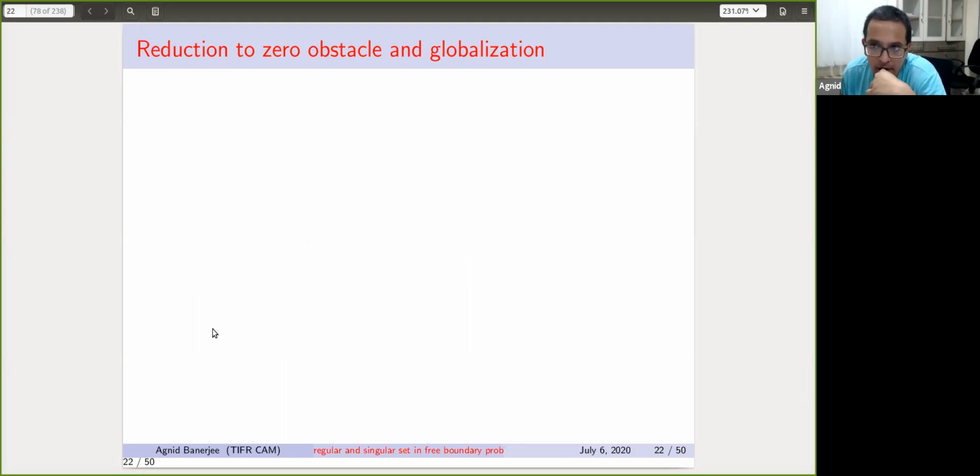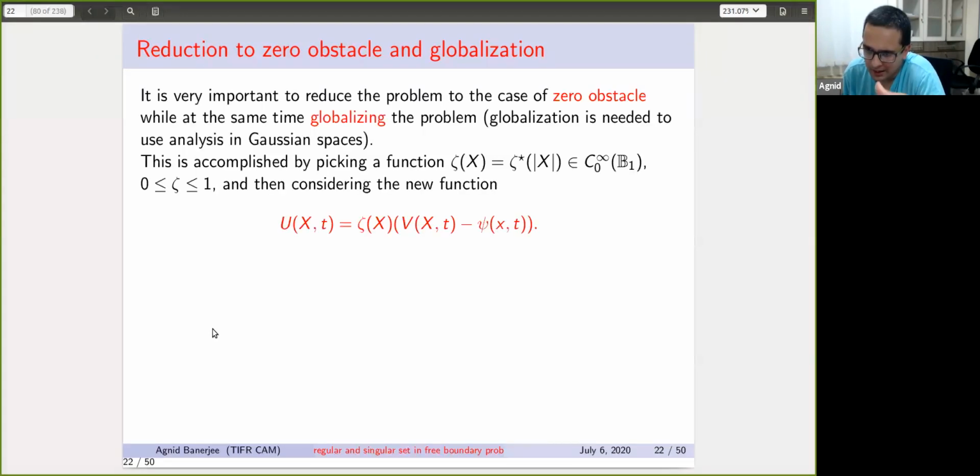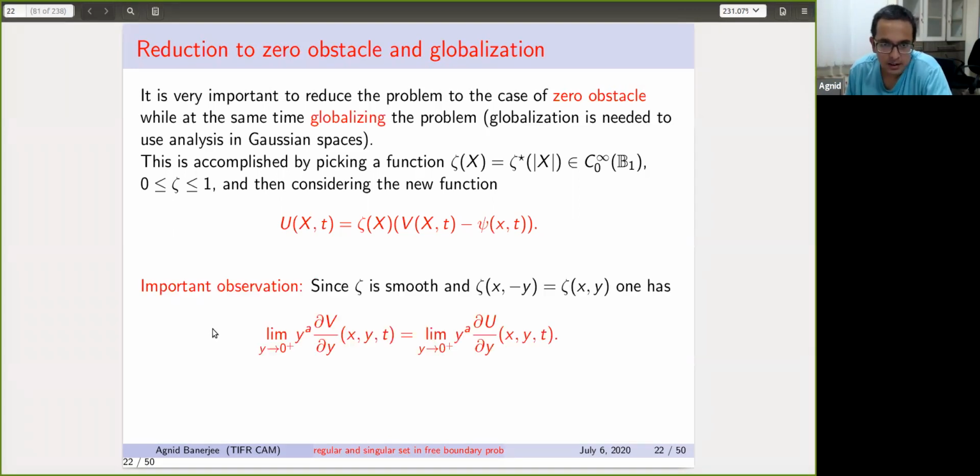I should mention that unlike Almgren's, Poon's functional is a global one. And so for our obstacle problem, we need to globalize it, and that is something we do by a cutoff. The other thing which is very standard in this theory is that you subtract off the obstacle, and then you have a non-zero right-hand side. However, when we want to study points of higher order of contact, we literally don't subtract off the obstacle. What we do is subtract off, judiciously, a Taylor polynomial of a certain order, depending on the order of blow up at that free boundary point. And that again is dictated by how regular the obstacle is. So without getting into further details, let me just move on.